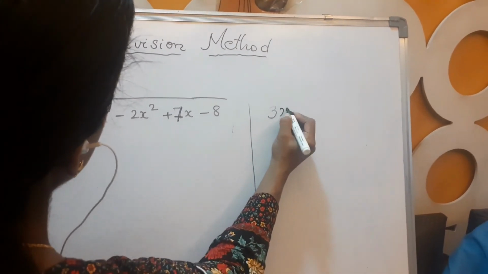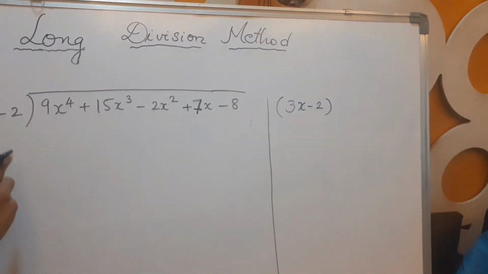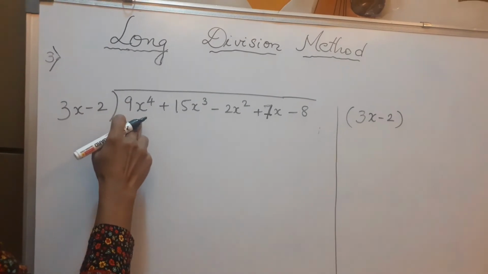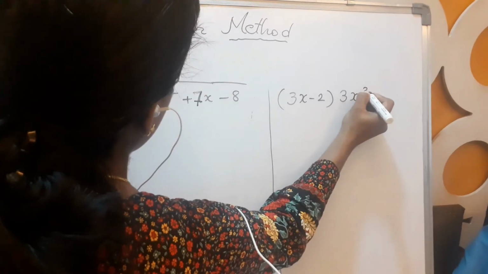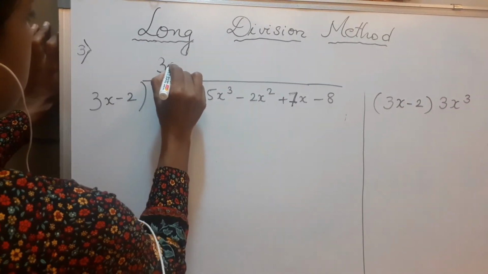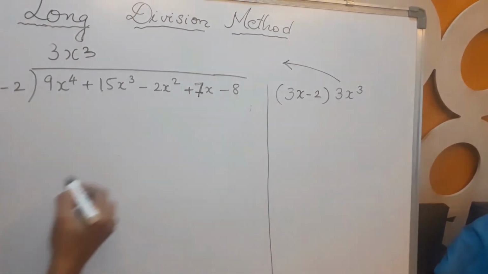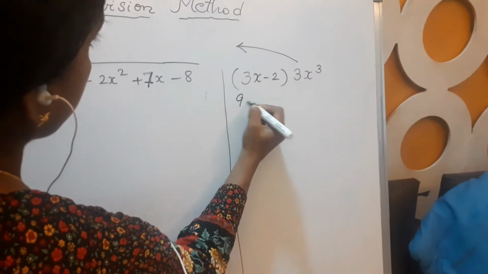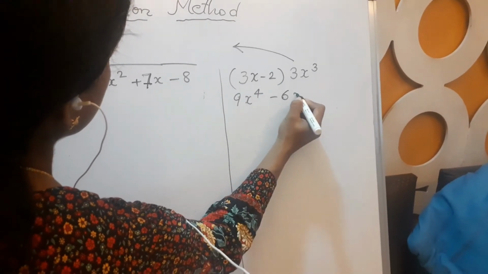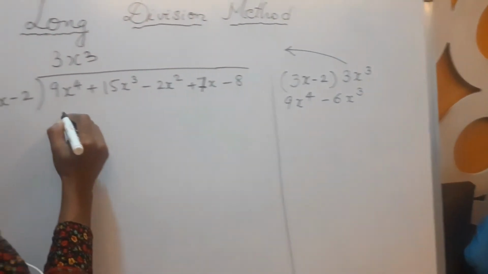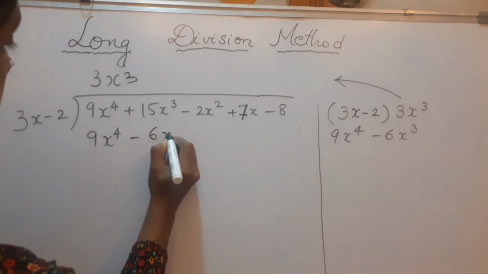Alright. So let us begin with the same way. You write the divisor 3x minus 2 first. Now, what multiplied by 3x will give you 9x raised to 4. Alright. So that is 3x cube. This becomes 3x cube. Immediately this is transferred here. Alright. And then solve it here. It is 9x raised to 4 minus 2 into 3x cube is 6x cube. This has to be immediately transferred here. So that becomes 9x raised to 4 minus 6x cube.